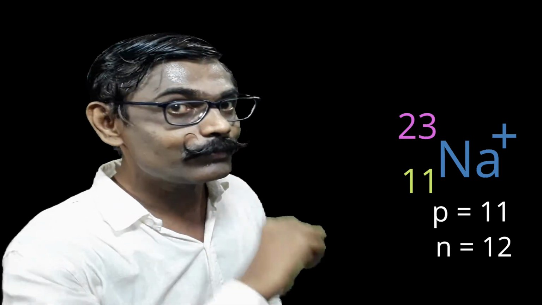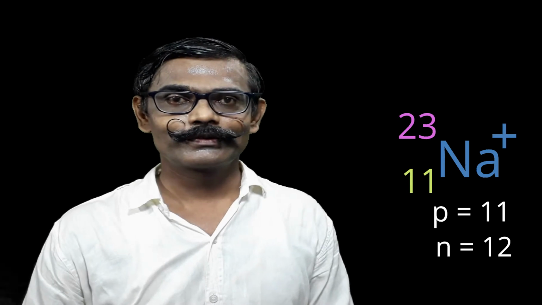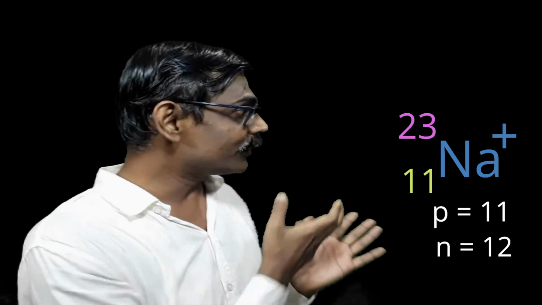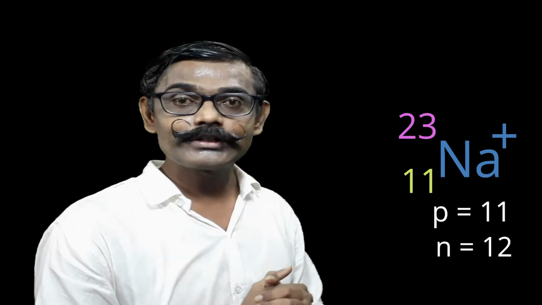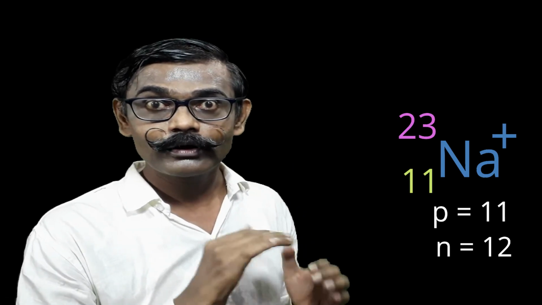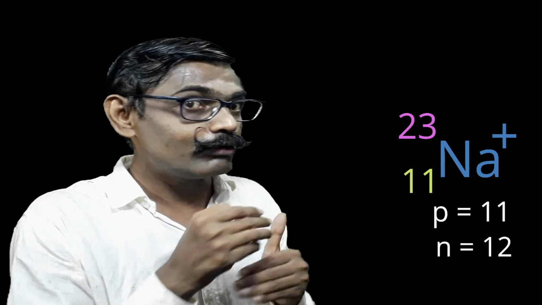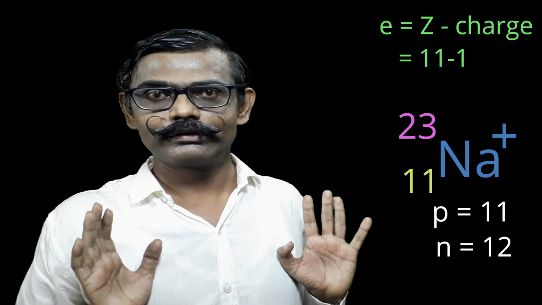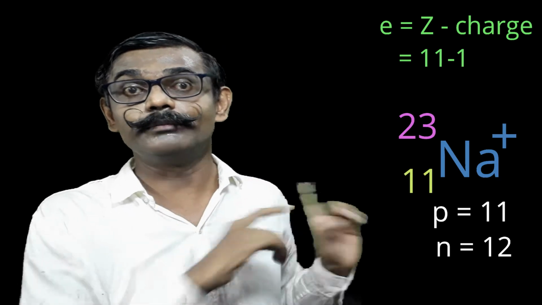Okay. Now the important thing is the number of electrons. Previously, the number of protons and electrons was the same. But here it is not a neutral atom. It is an ion. Which ion? A positively charged ion, so an electron is lost there. Therefore, compared to the neutral sodium atom, here the electrons will be fewer. How many fewer? Whatever the charge is, that many. How much charge is there? 1. So the sodium ion has 1 electron less than the sodium atom.